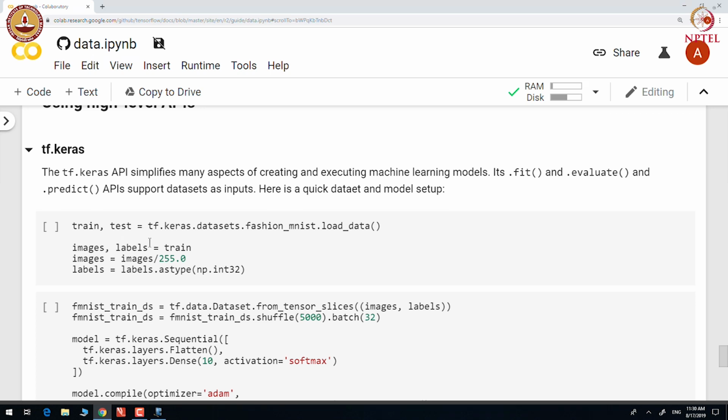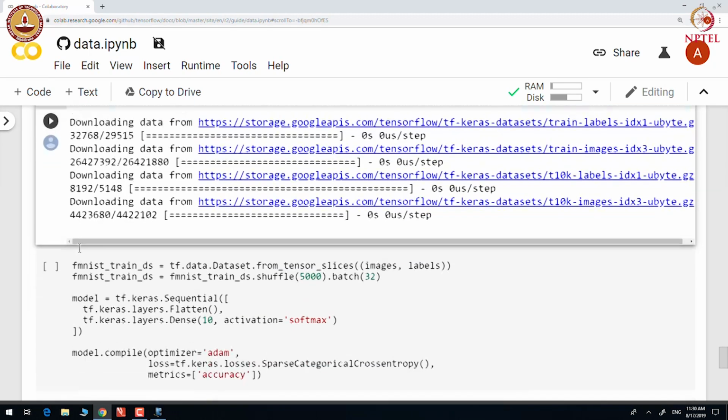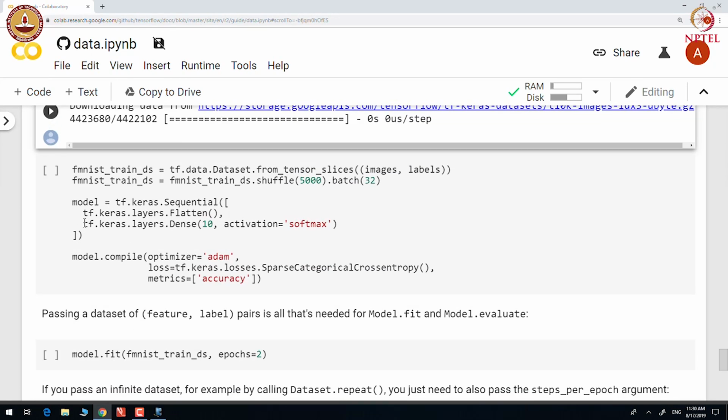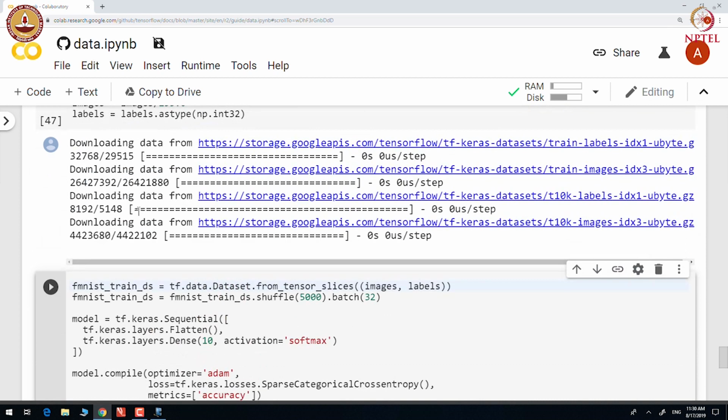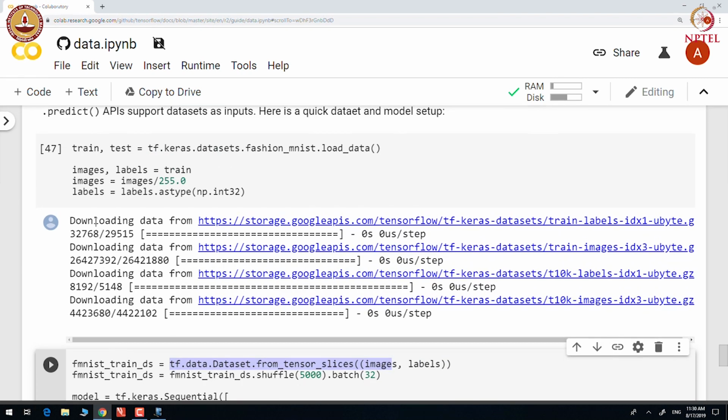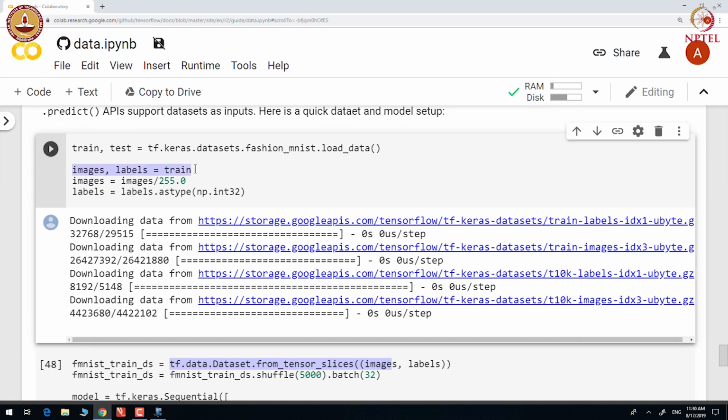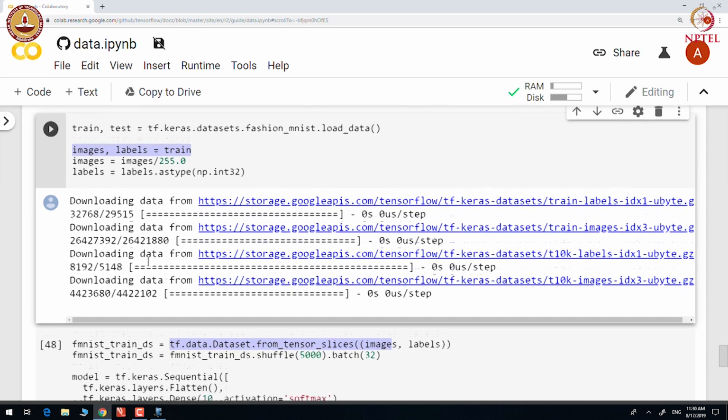So, let us use a fashion MNIST dataset and build a sequential model or a neural network model through tf.keras.Sequential. And here we construct a dataset object for tensor slices of images and labels which are from the training set.